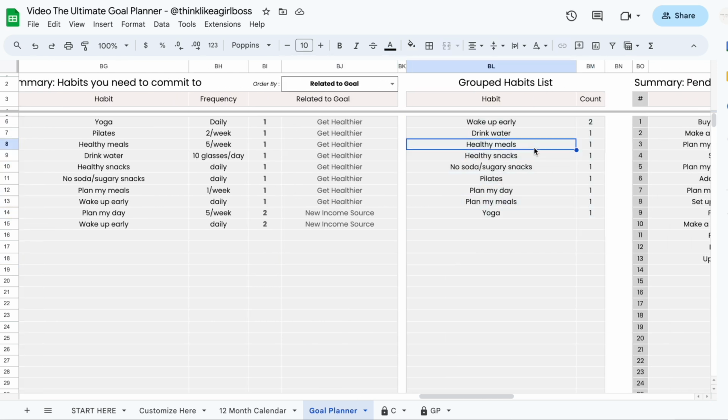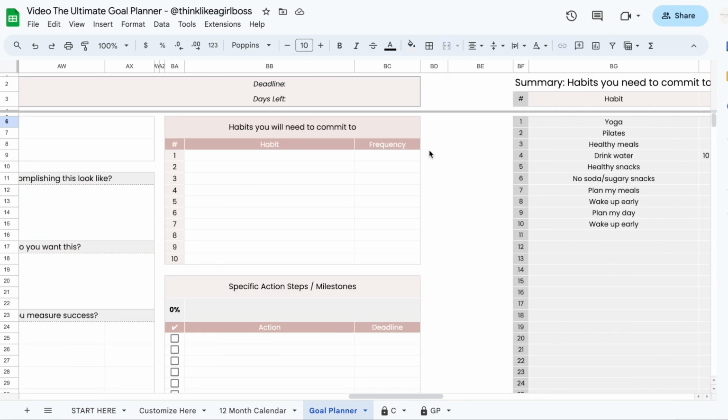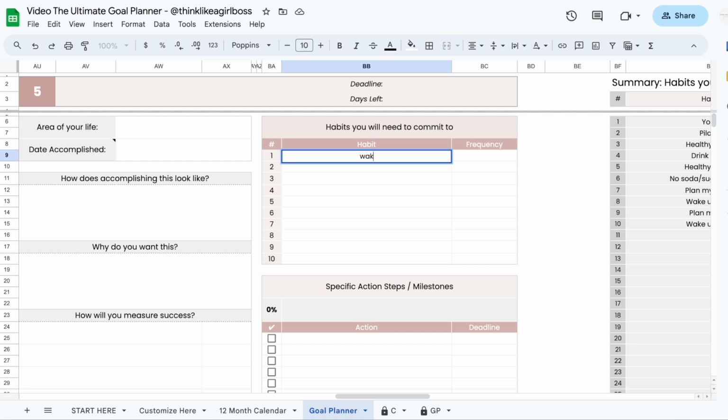This is going to count how many times a habit was repeated. So you have to type it in exactly the same way for it to count as the same one. As you can see, wake up early came up 2 times, and it's going to get sorted by the number of times that it appeared. So if I were to go to habit number 5 and add wake up early again,